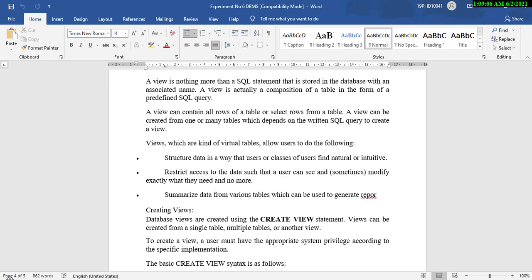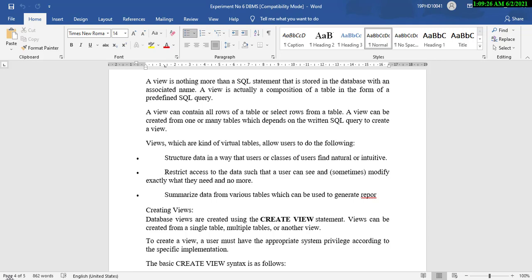I hope you are able to understand what I want to say here. Or else, if you want nested query operations to happen, or if you want a particular table to appear in front of a user in a particular manner only, then you can utilize the view.